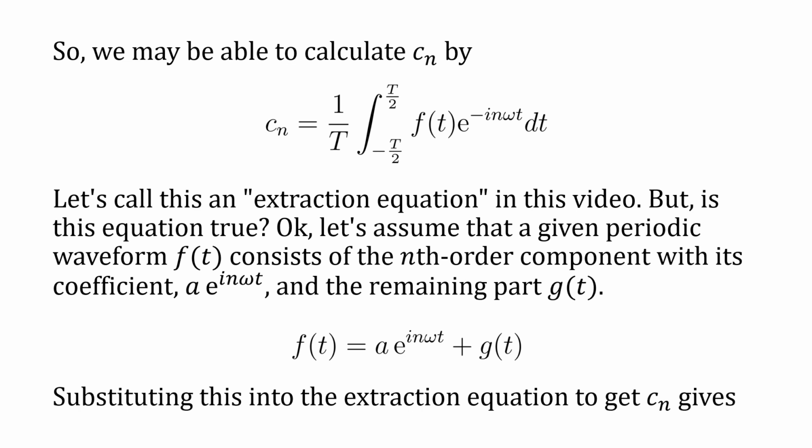Okay. Let's assume that a given periodic waveform f(t) consists of the nth order component with its coefficient a, multiplied by e^(inωt), and the remaining part g(t). f(t) is equal to a multiplied by e^(inωt) plus g(t). Substituting this into the extraction equation to get Cn gives